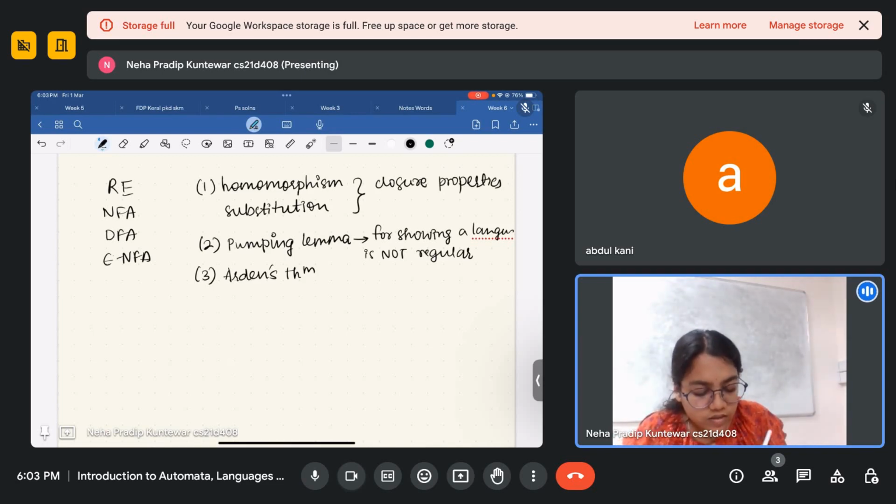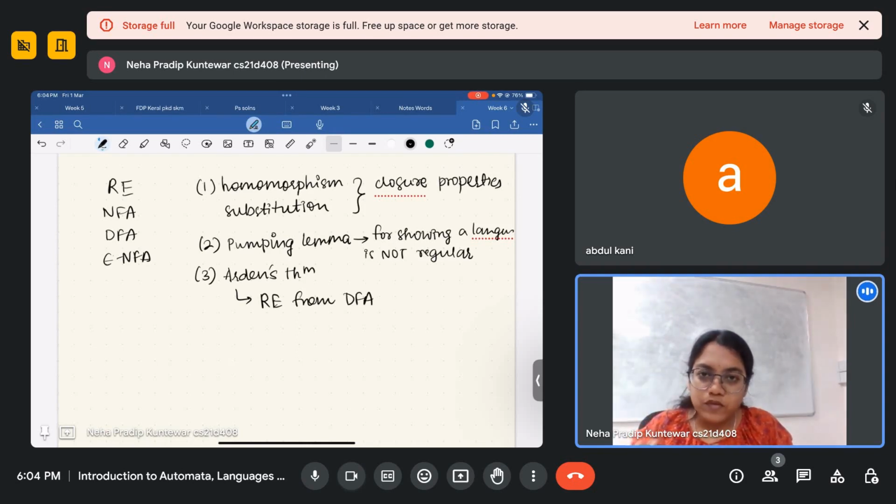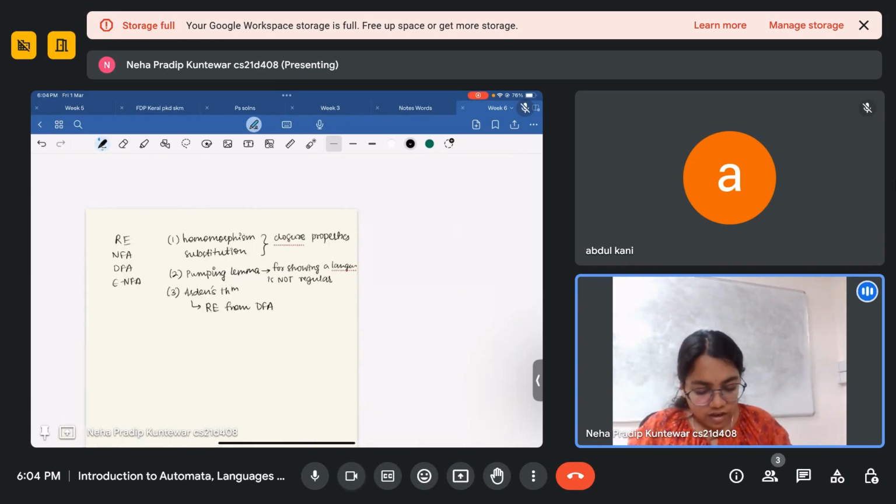Arden's theorem is yet another method for obtaining a regular expression from a DFA. So this is going to be the theme of the problems in this week's session. Let's start with